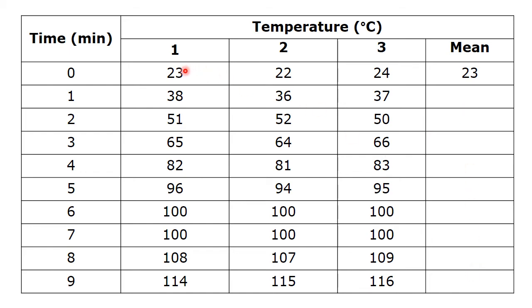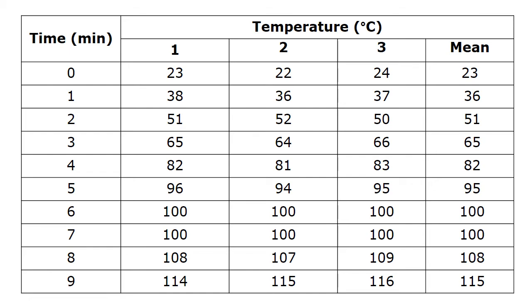So in order to calculate this mean, I've taken 23, I've added it to 22, I've added it to 24, and then I found out the total, so what that equals, which is 69, and then I've divided that by 3 in order to give me a mean value. Now you need to do that for all of these values here. Otherwise, you can check your answers against all of these, and then your next job is to plot a graph